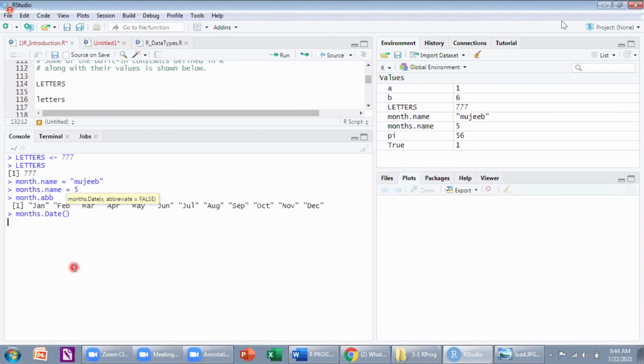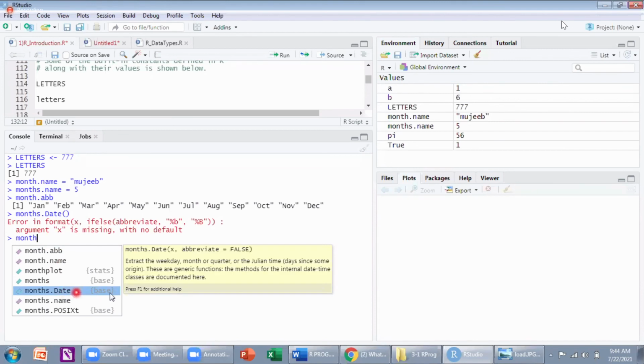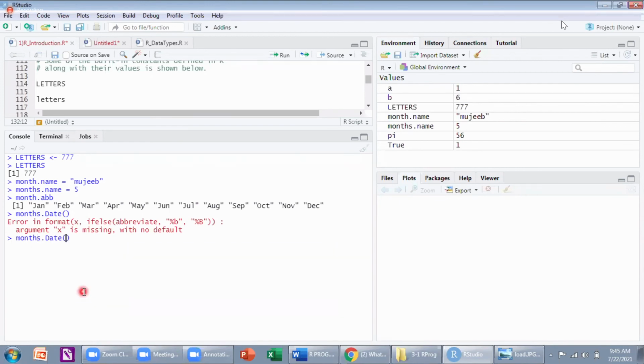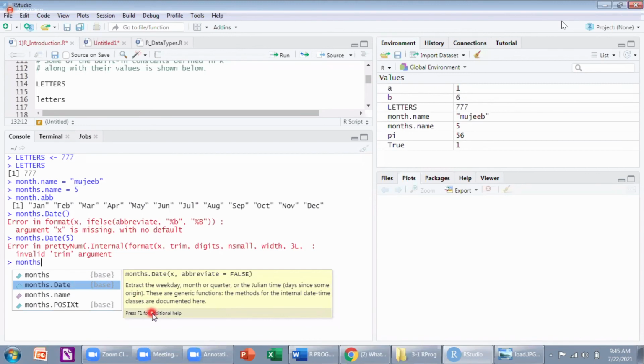What is that? I will see. It needs some abbreviation. Months. Extract the weekday, month, and quarter of the Julian time dates in some origin. I have to see help. Months dot date.